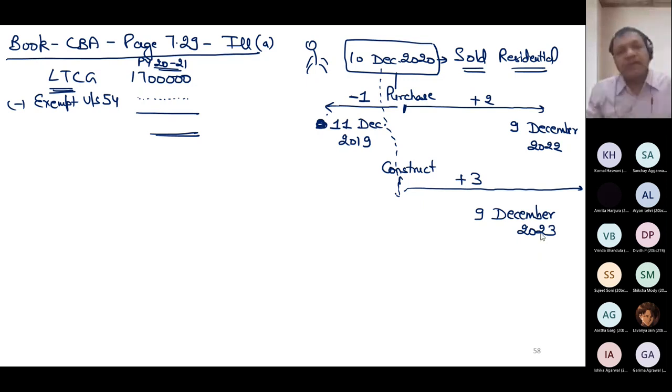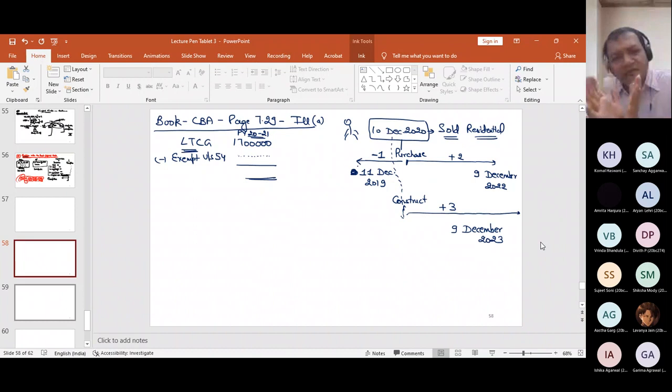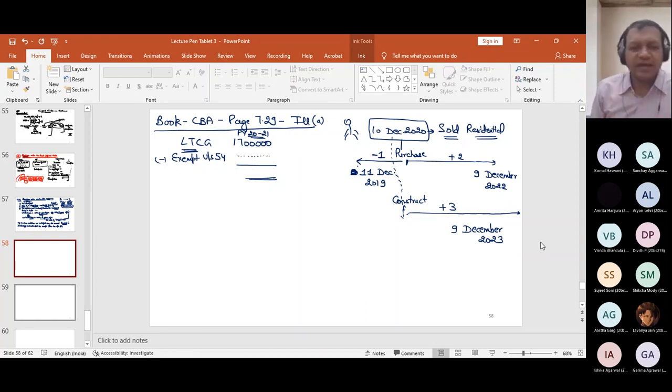The main intention behind giving the exemption is to save the genuine people. The government is not interested in collecting unnecessary tax. But if I'm selling a house, then I should purchase another residential house within this time limit. Then whatever I invest will be reduced from my long-term capital gain, and the difference value will be treated as income which is taxable under capital gains. Any doubt? If you have, please ask.